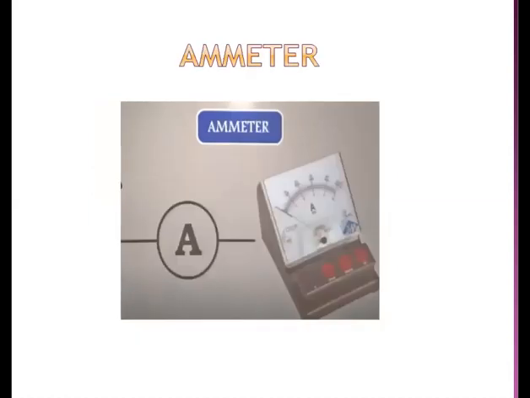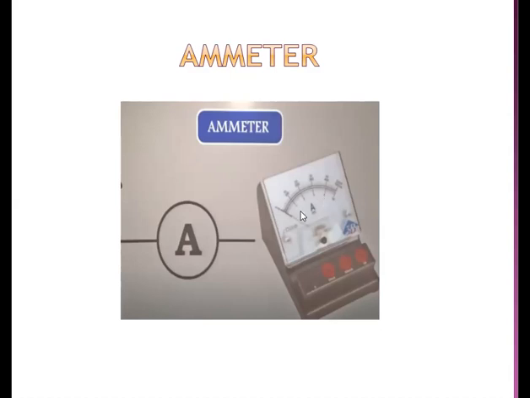Now there are certain instruments which are used in a circuit for different purposes. This is known as an ammeter. A picture of an ammeter is shown on the screen. If you notice closely, the ammeter has certain readings or marks on its face. These are the readings of the current. So how much current is flowing, this reading will show. The job of an ammeter is basically to measure the amount of current that is flowing in a particular circuit.